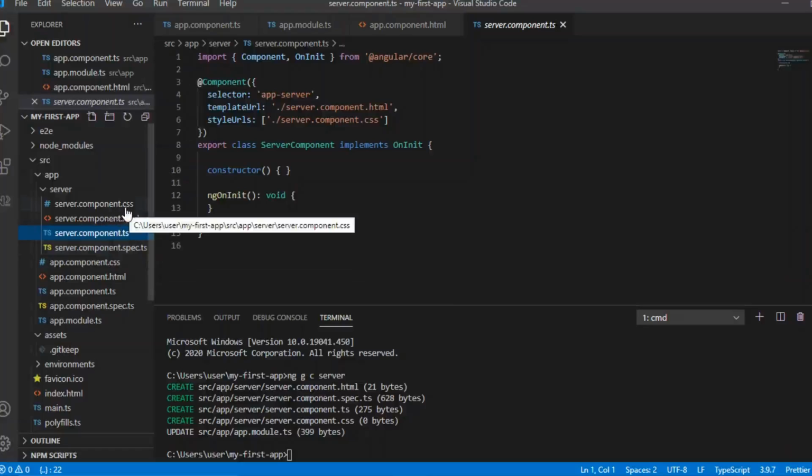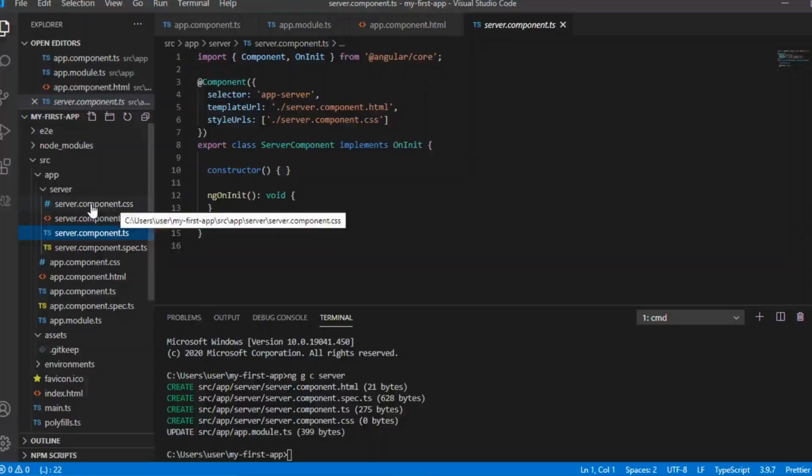The .css file, as you know, is for styling. For content you have to give it in the HTML file, and for styling the content you should give CSS.